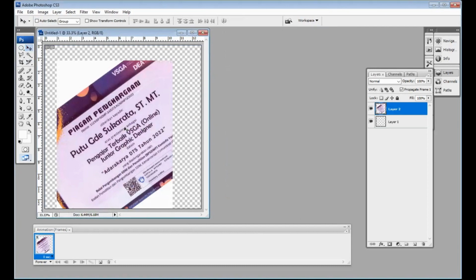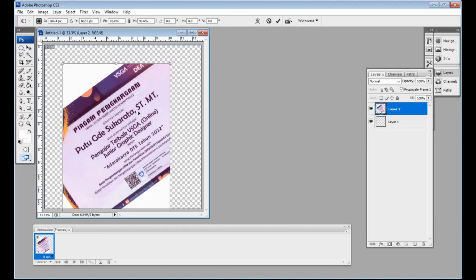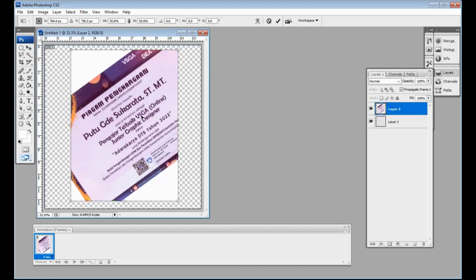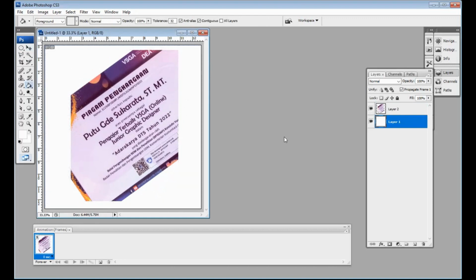Okay, let's try. I will take this image and move it here. After that we can adjust it. Choose the object and then Ctrl T, hold your Shift button to adjust the object. Okay, that's it. After that I want to take the background in white, and I will know where the center point is.